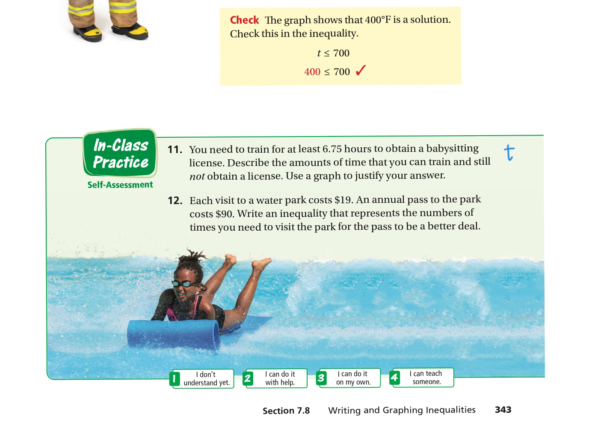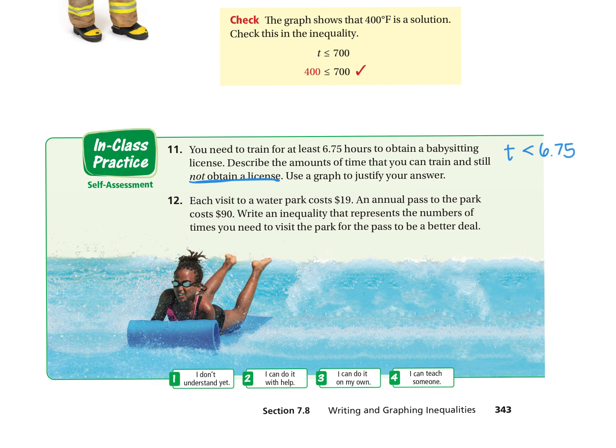However, if you keep reading, there's something very tricky and specific in here, and it says, describe the amounts of time that you can train and still not obtain a license, which means I am not going to include 6.75 as a part of my hours. So that is my key word there, not obtaining it. I don't want to include it. So it's going to be T can be anything less than